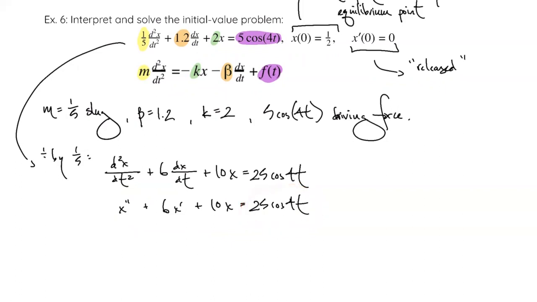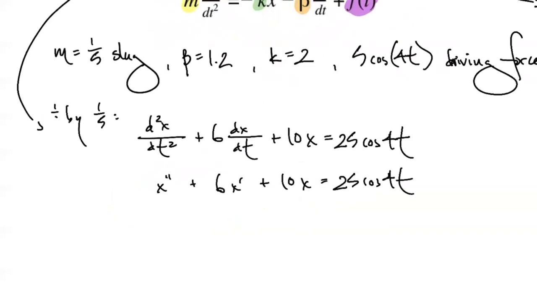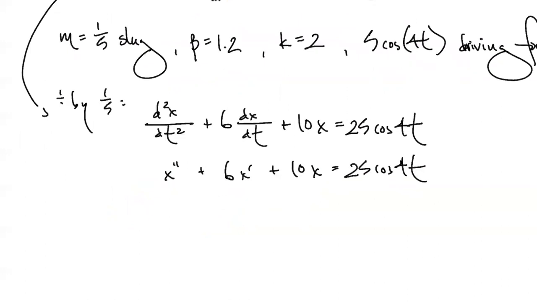And then at the end, since we have initial conditions, we'll be able to find all of the constants, our C1, C2, and then our A, B, or however many more we have of those on the right-hand side, okay? So now let's go ahead and find